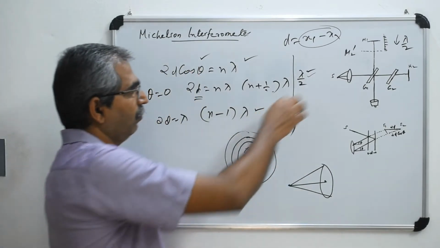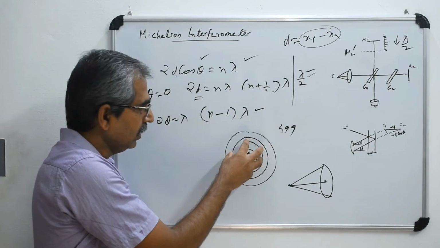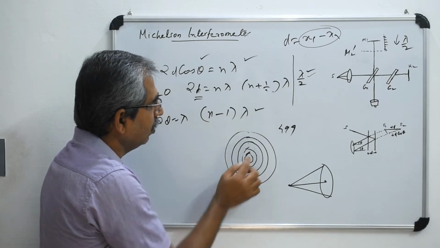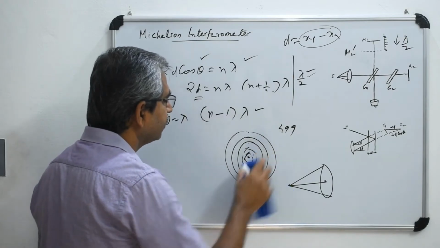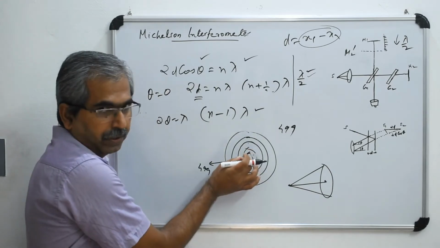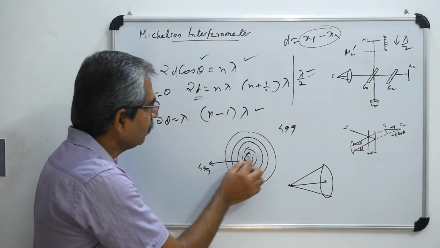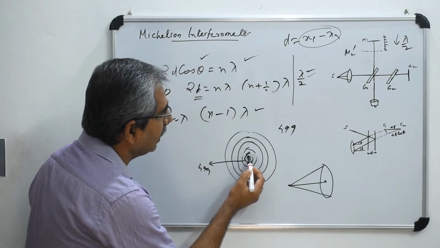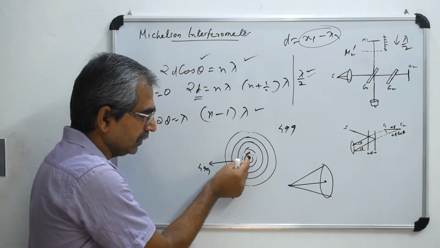What is happening is that when you decrease the distance, you can see that the ring system will actually become smaller. What you observe was the 499th one. This ring is the 499th one. So this will become smaller, and the complete ring system will be contracting. Now this will become smaller, and it reaches the center, and eventually it becomes the one at the center. So the 499th one contracts and eventually reaches the center.